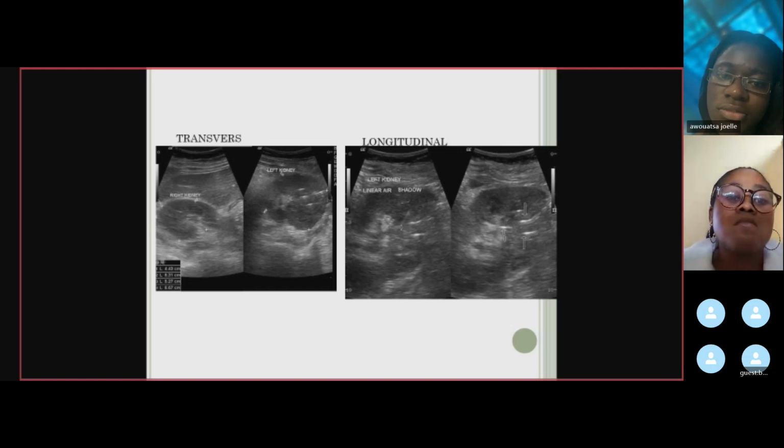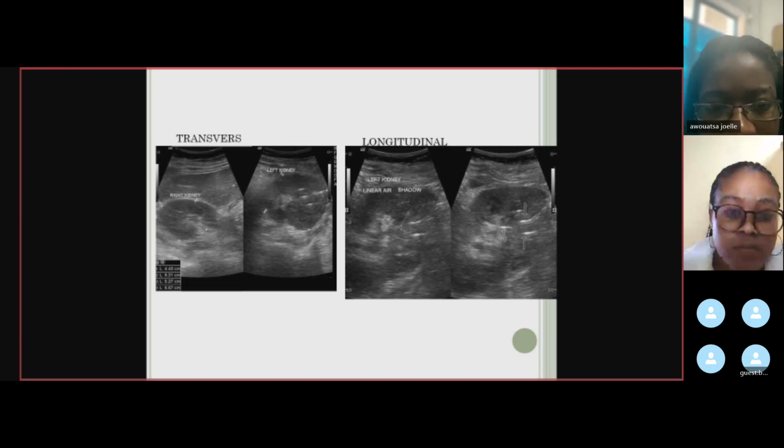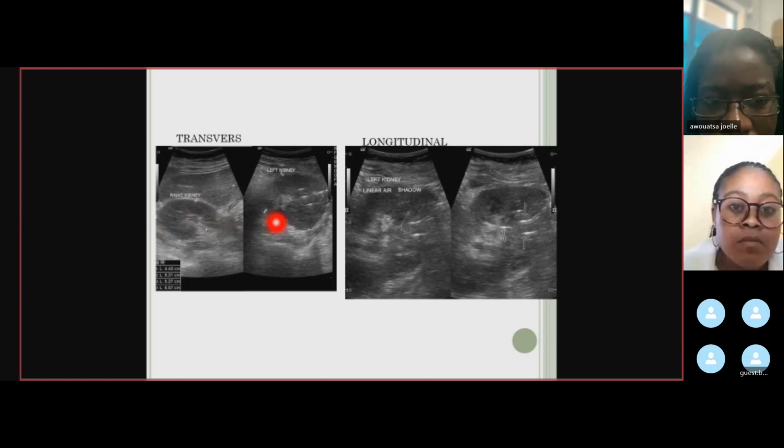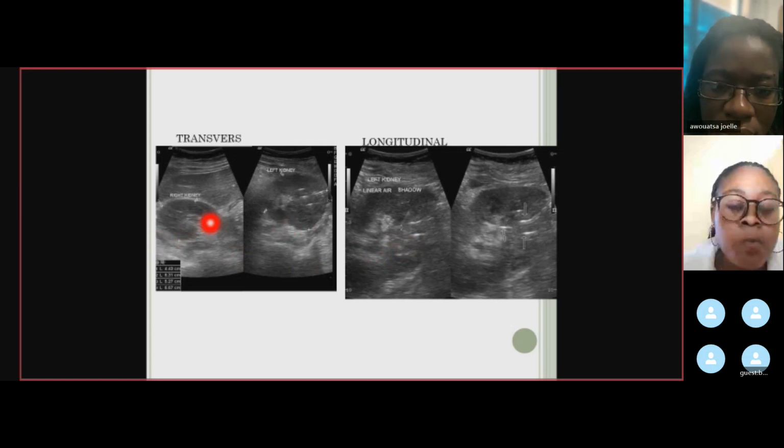So these are the scan studies. In the first picture, you can see there is the right kidney. Okay. It is not seen clearly, but this is the right kidney. This is the left kidney. We have to mention the right kidney and left kidney so that we do not mix up. Okay, whenever we are doing the measurements. And then this was in transverse view, wherein we get the length and the breadth in transverse. And this is the longitudinal view